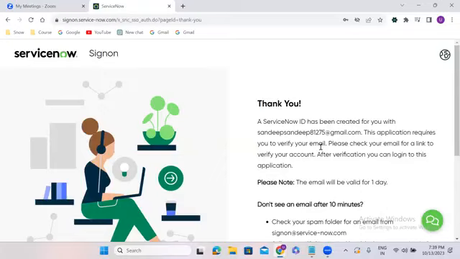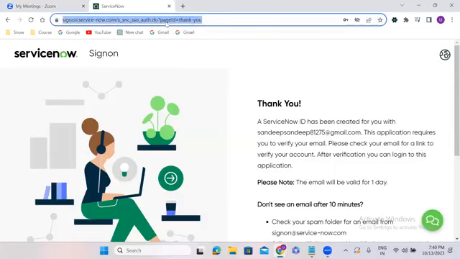So kindly let me know once you are done with your verification, Sandeep. You received the email. You clicked on verify. Yes, very good. So once you are done with your email verification, the next step is that you have to again navigate to